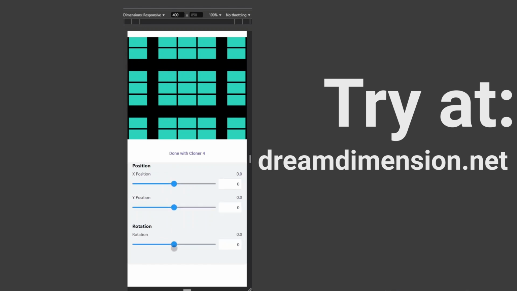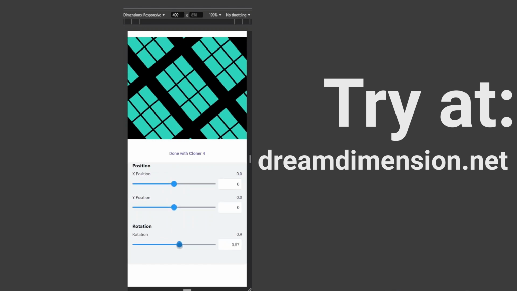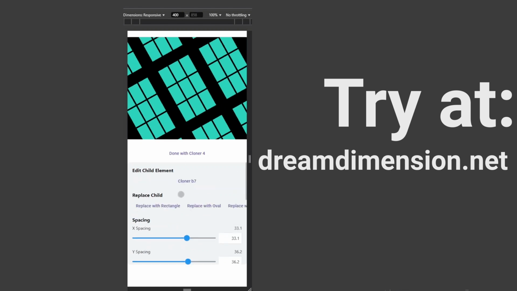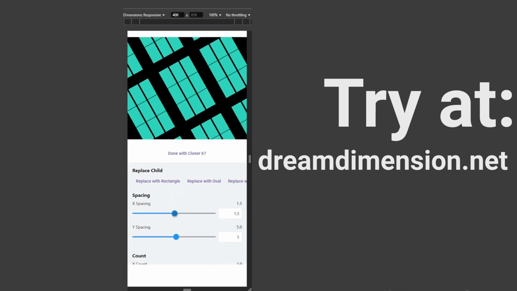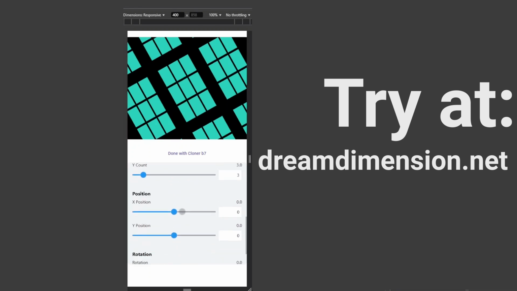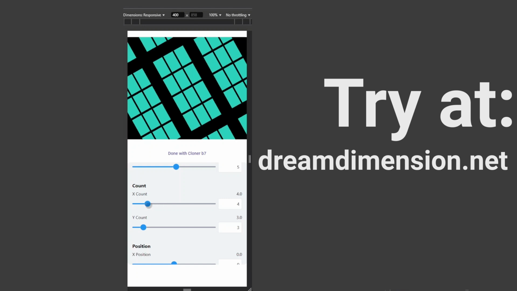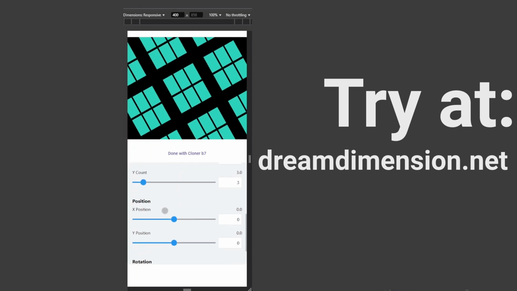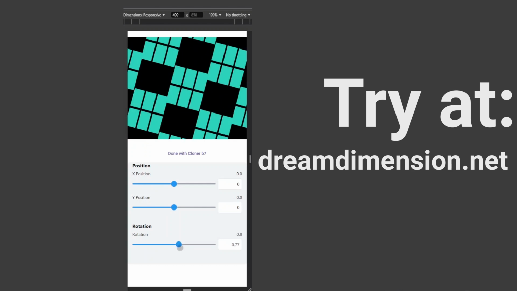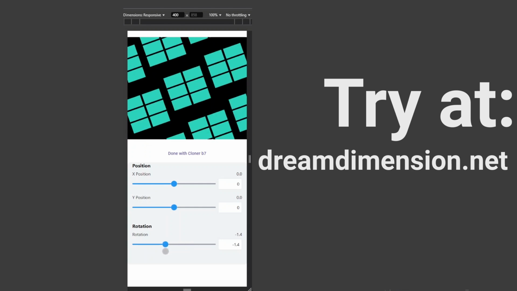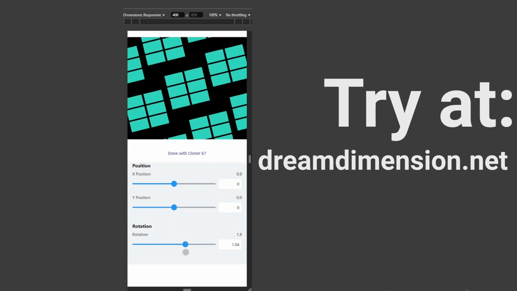But we could also change the rotation of the outermost cloner, so we could rotate everything like this. And then we can edit the innermost cloner, or we could replace it actually with something else, but let's just edit it. And so, as you can see, the spacing between those is here, so we can change it there. But let's leave it a little bit more actually. But we could also change the count of the inner one, so we could have more or less of these in here. And we can also change the rotation individually. So this is something you could also animate eventually. That's the plan. You could animate any of these properties, but for now, we can just leave it like slightly